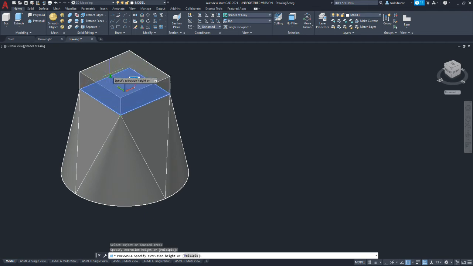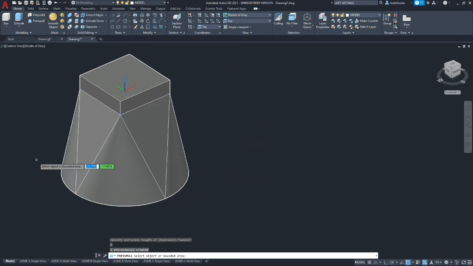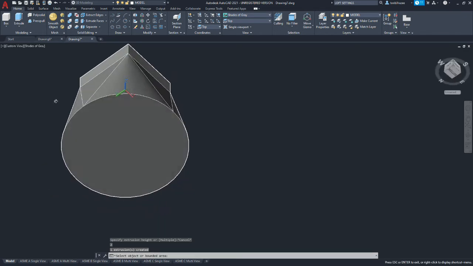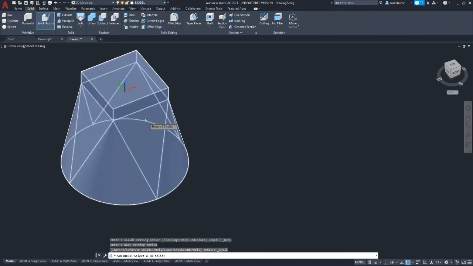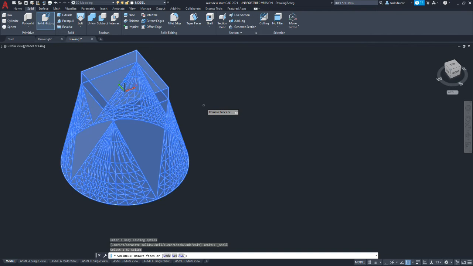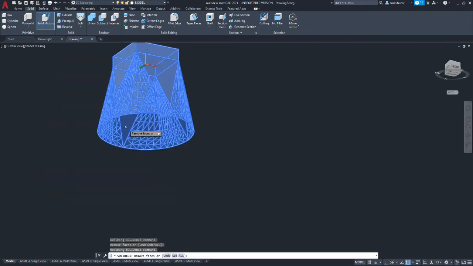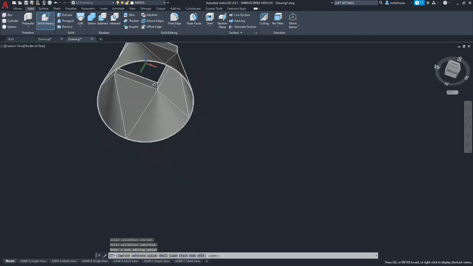It's relatively simple to press pull the top up 2 inches. Okay. Now we don't want to press pull the bottom because we want the bottom to remain solid after we shell it. Go to shell, accept our solid. It's asking us which faces to remove, so we're going to remove the top and bottom faces. We're going to hit enter, and we're going to put in a wall thickness of 1/8 of an inch, and there we go.